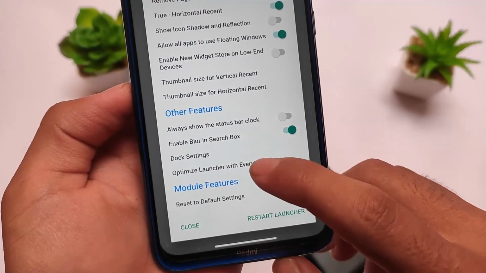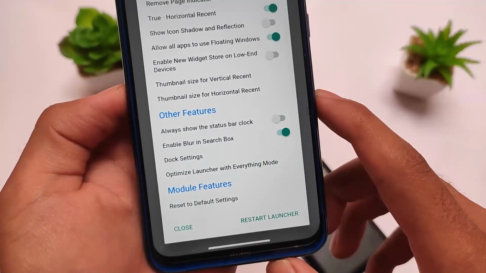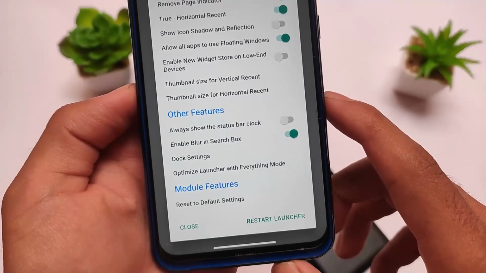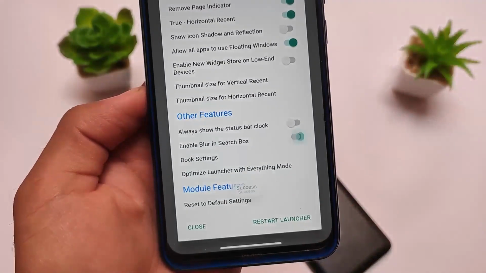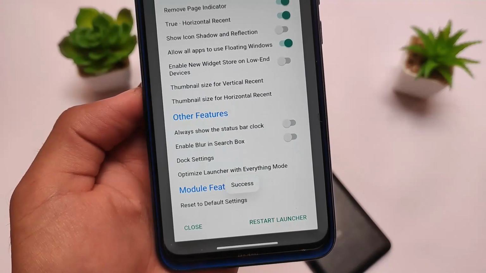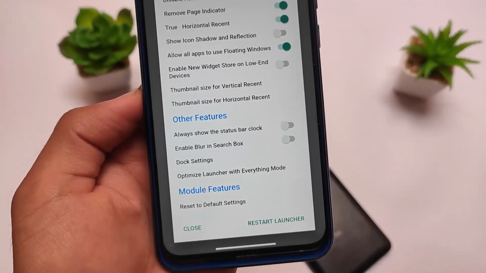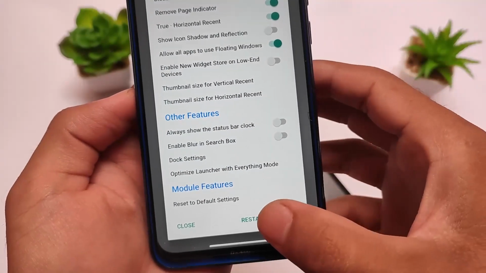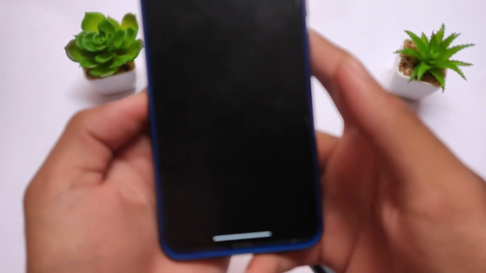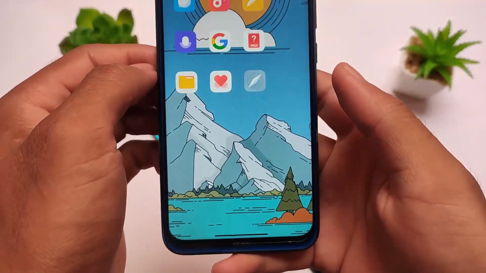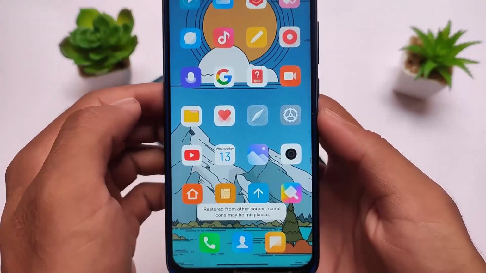Basically the customizations which you get in Custom MIUIzer are already present here, but Custom MIUIzer has better customizations honestly, but this one is not so bad. A lot of things are improving day by day. This is a very good choice for you. You can reset to default settings if you're having any kind of issues, or if you have accidentally enabled or disabled something which you don't like. As you can see, you can customize everything.